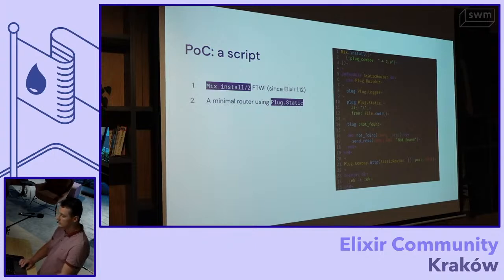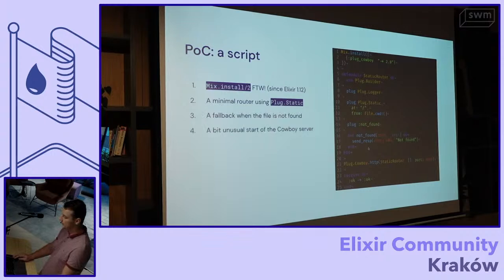Having that module, the only thing left is to start the Cowboy server. I guess that's not the usual way people start it. Most of the time it's somewhere in the boilerplate generated by Phoenix. If someone was starting it, then probably they were doing that via some supervisor, so using the spec with plug Cowboy. But it turns out, after a bit of search, that the plug Cowboy provides a way to start the server in place, and then just